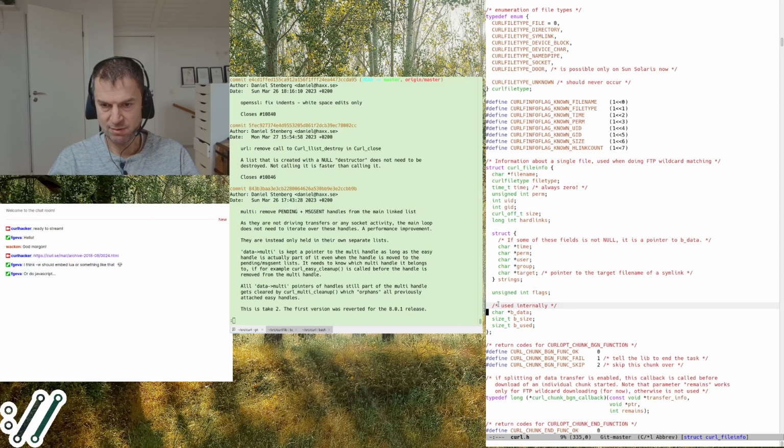And then it has these nasty things used internally. This is not code written by me from the beginning, and I don't remember why I allowed this. But anyway, this is library private data that is exposed in the public struct, I guess because of some laziness or inability to do it in a better way. I dislike this because it allows the user to fiddle with these and then destroy whatever libcurl does, or something else.